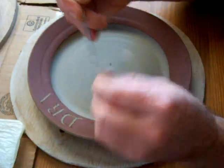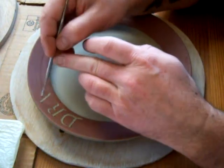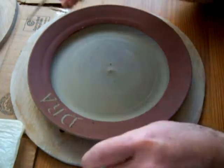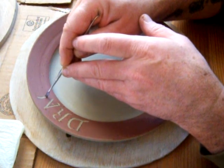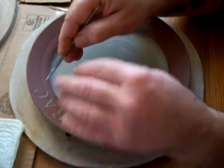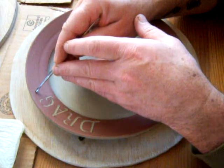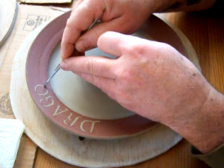The one thing I've noticed about this work is that you can't push these tools like you would a pen. You have to drag them. So we'll drag them down, and also anything with a circular movement, do one side then the other. Circles come first to the left and then to the right,